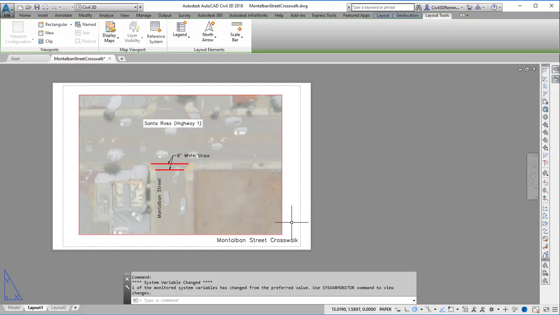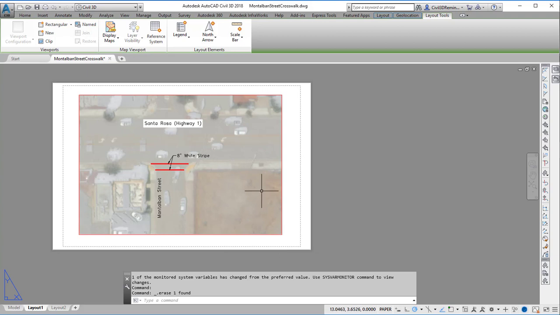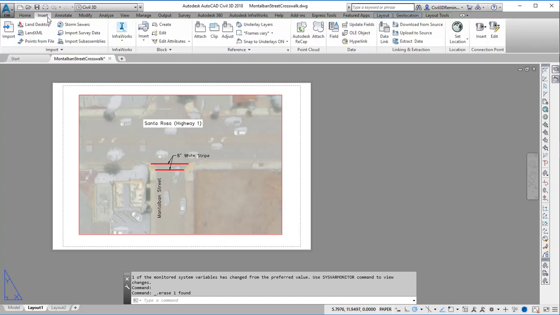Oftentimes we'll want to have a title block that is uniform throughout. And a lot of times agencies or companies will have their own title blocks. So instead of just using mtext in paperspace to show information, we can use a block to do the same thing. We can go to the Insert tab on the ribbon